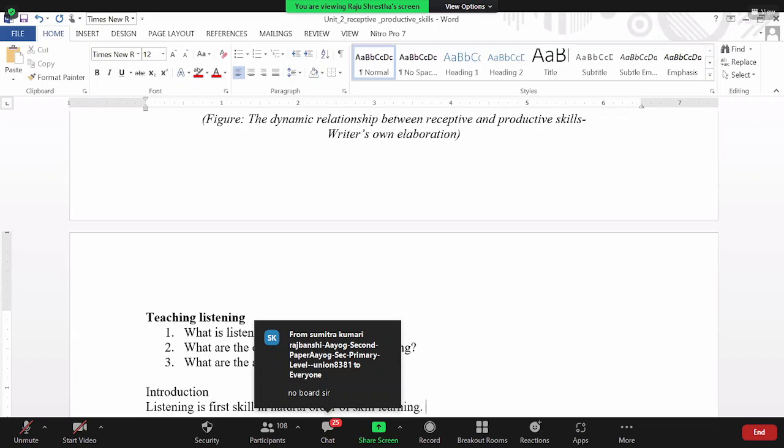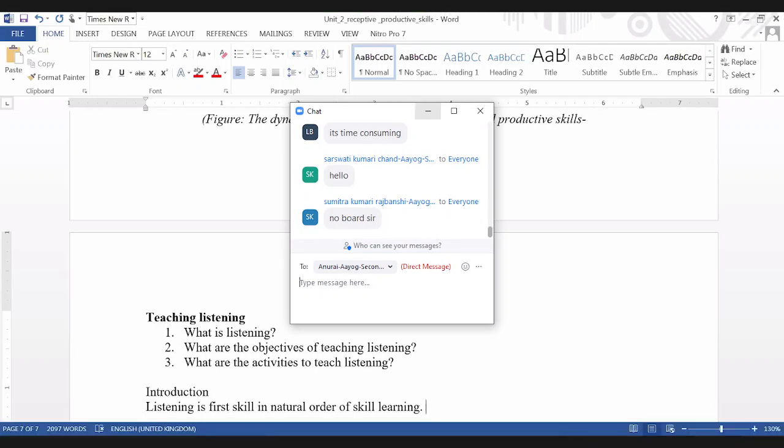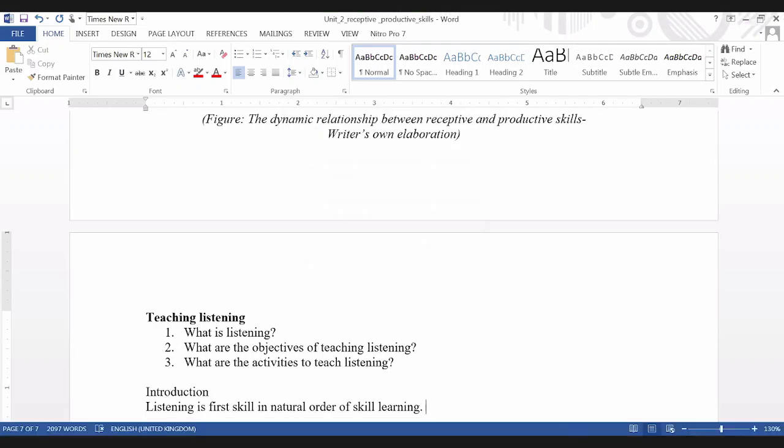We can say listening is, there are many ways of starting introduction part of listening, like speaking, reading, writing को, हैन। A couple of sentences धेरै लेख्नु पर्दैन, केही 4-5 वटा सेन्टेन्सहरु चाहिँ इन्ट्रोडक्सनमा लेखिदिनु पर्छ, हैन। त्यो हो भने राम्रो हुन्छ आन्सरमा।